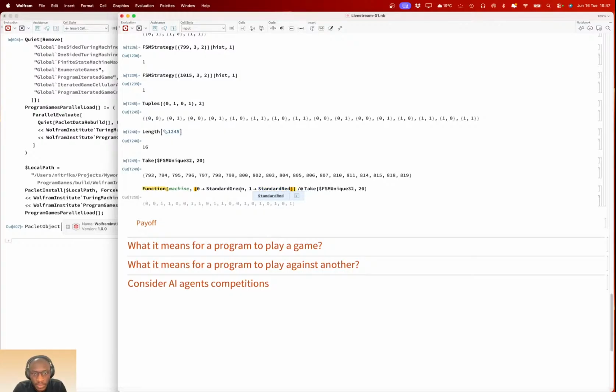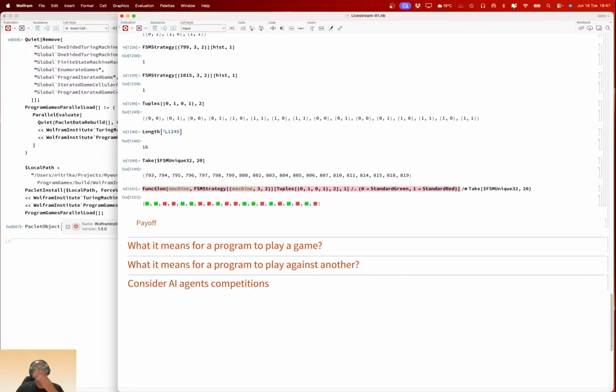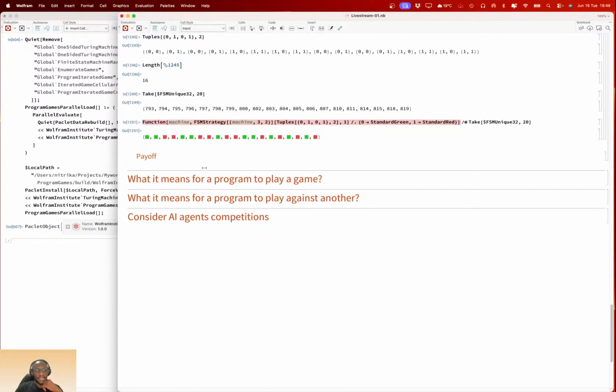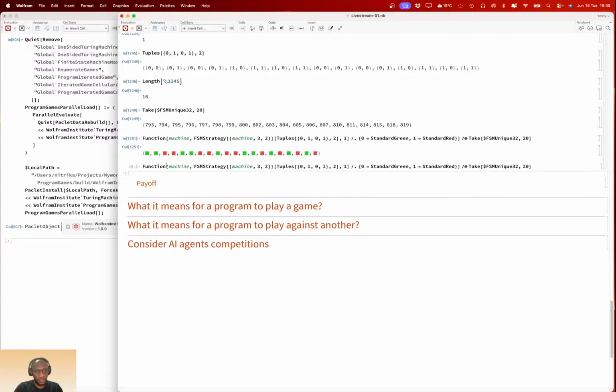And then we want to do this. So these are the moves they make. Green just means cooperating when you're doing prisoner's dilemma. We'll talk about the games later. And then red just means defect, right? But in our terms here, 0 is green and 1 is red. Now those are strategies, and you can see the diversity in this strategy-based system, right?